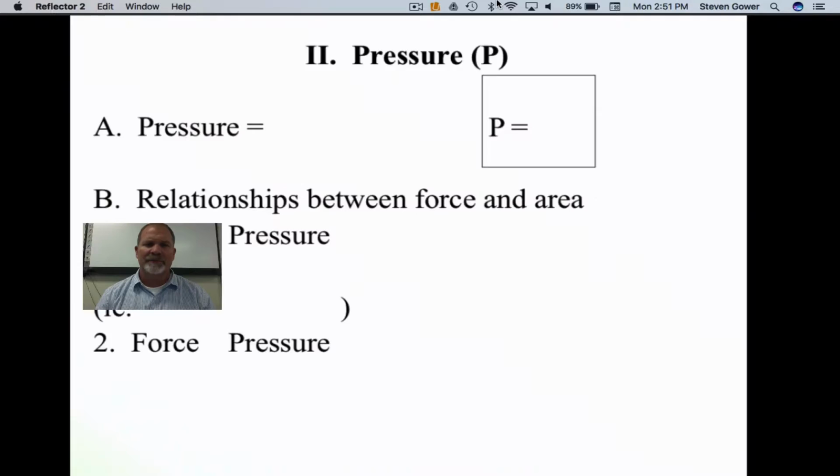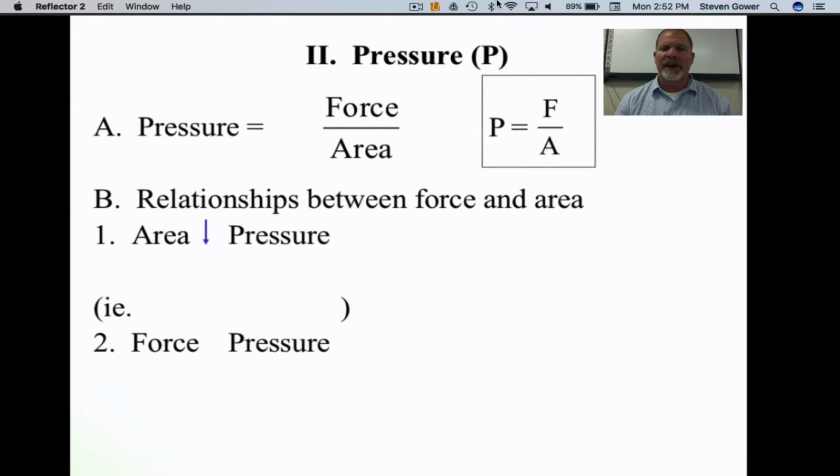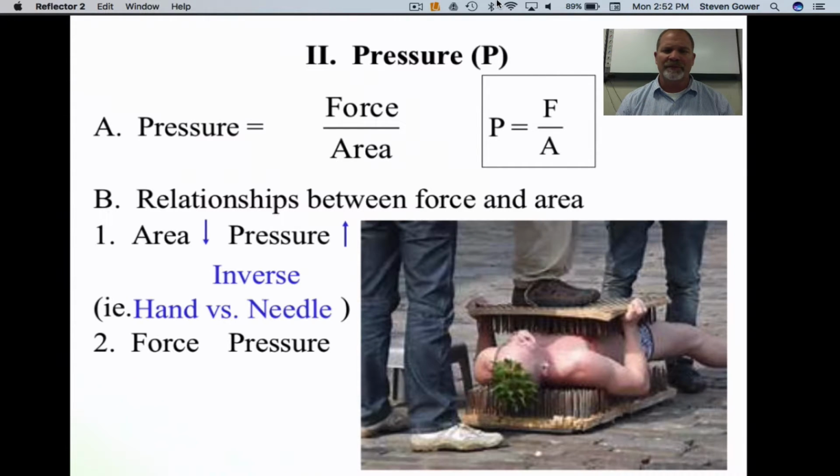Next, we talked about the pressure. Pressure is the next key aspect. Pressure by units or by measurement is force divided by area, or F over A. We understand that your A in your denominator is going to have an inverse relationship with your pressure, and we did this through the hand versus needle in that situation. Force and pressure are going to be directly related, and we saw this with the